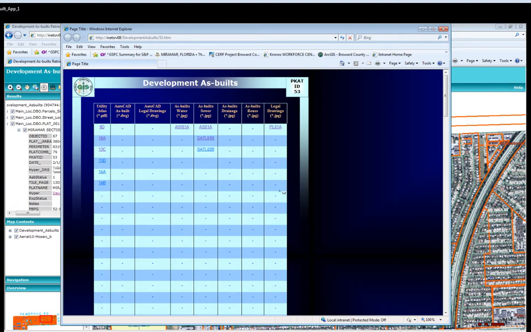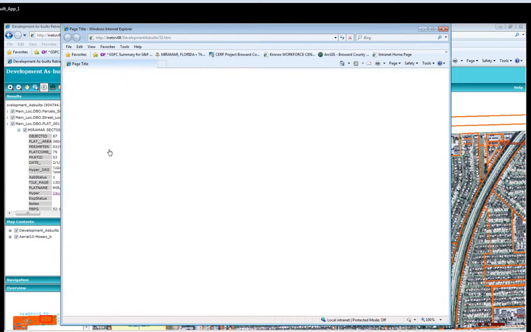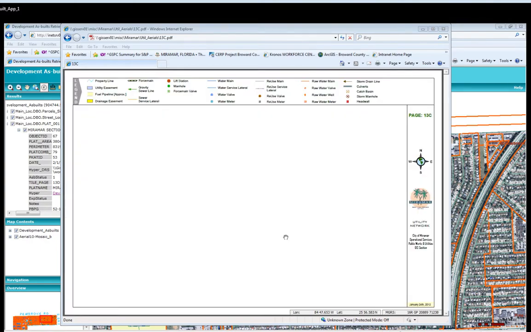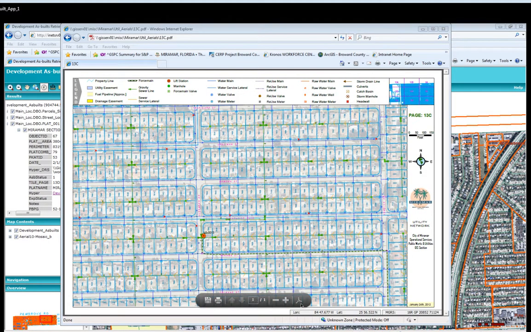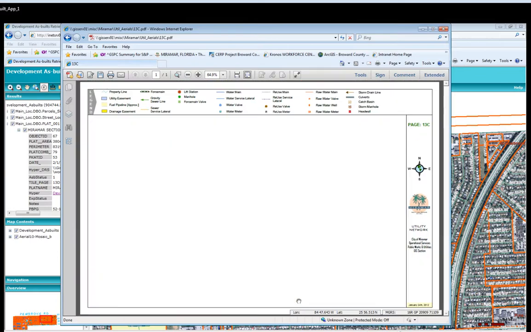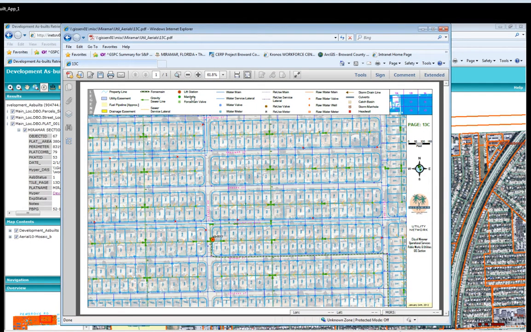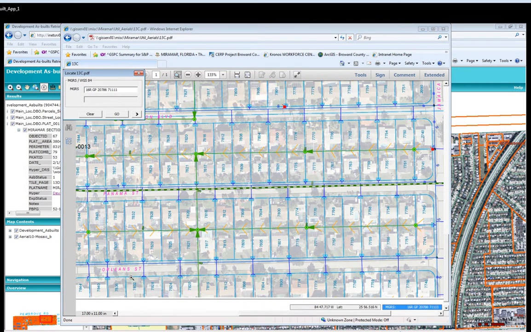So sometimes people look at the overall map, and so we click on 13C, give us a PDF, and maybe I'm looking at this, this is Orleans Street, right? I said 7750, so Orleans Street is down here. 7750 is down here, so maybe I'm looking at the water. In this case, the sewer is in the backyard. So this is a case where you can look at the overview map